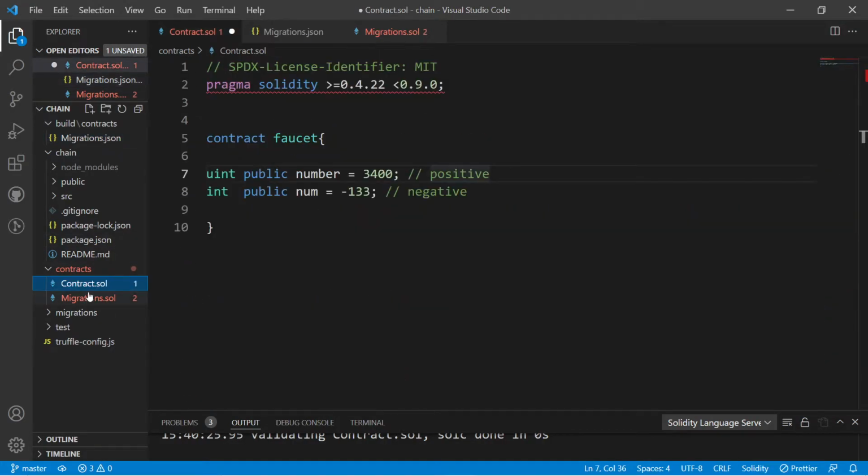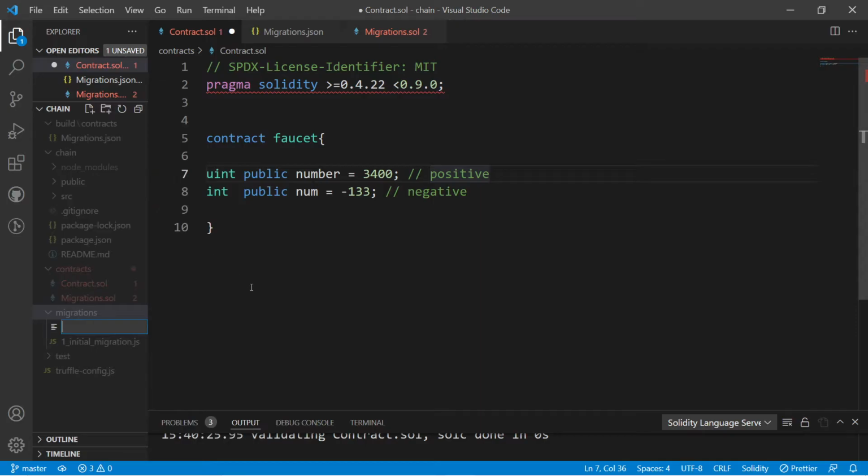Now I would like to generate bytecode for contract, but for this I would like to make some changes in the migrations folder. Let me create a new file, second underscore initial. Let me take it as faucet underscore migrations contract dot js.